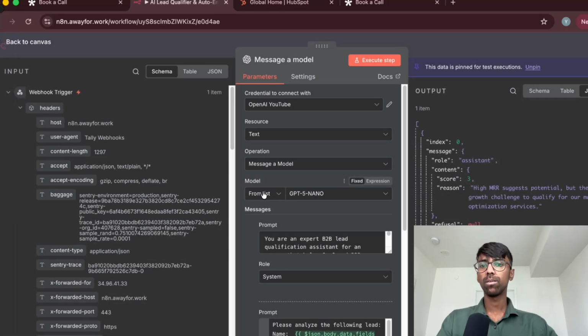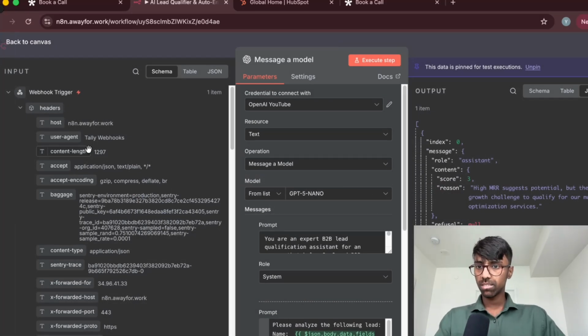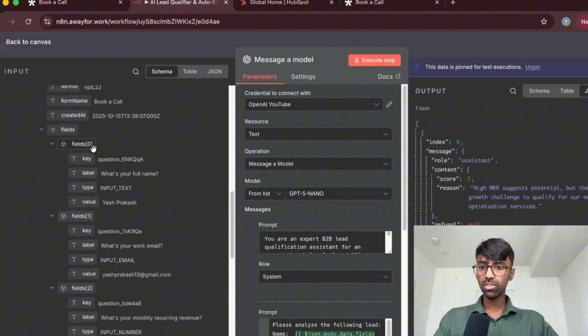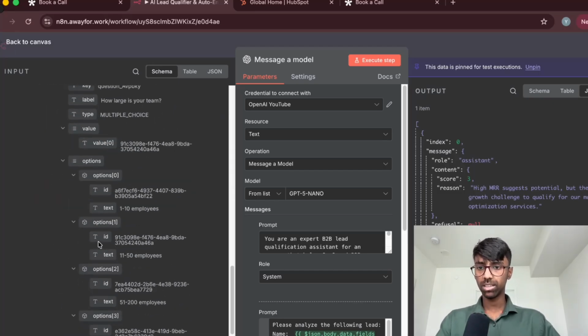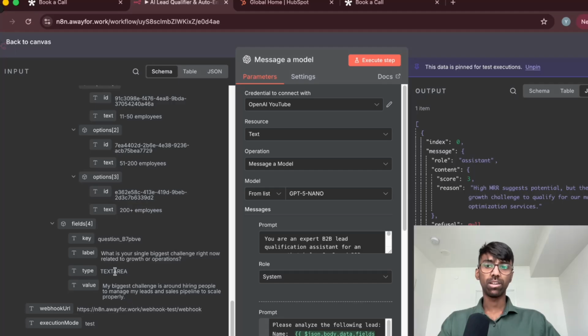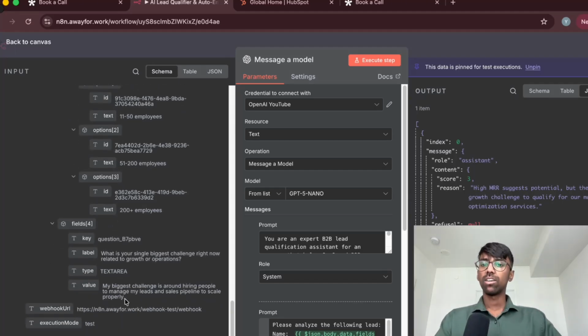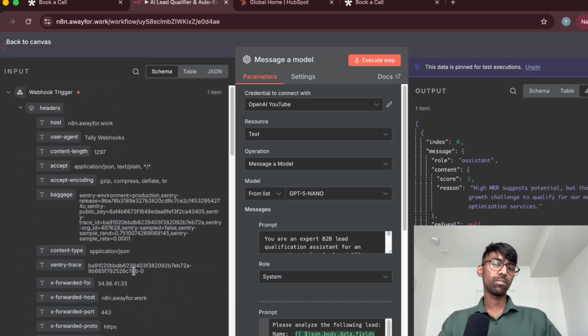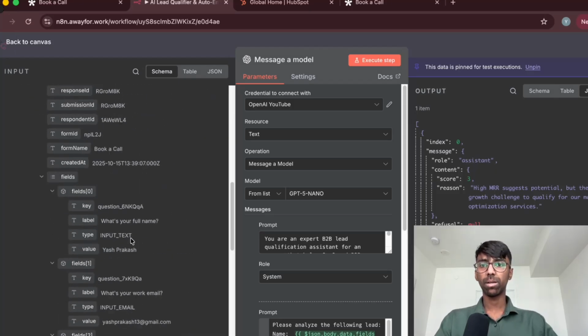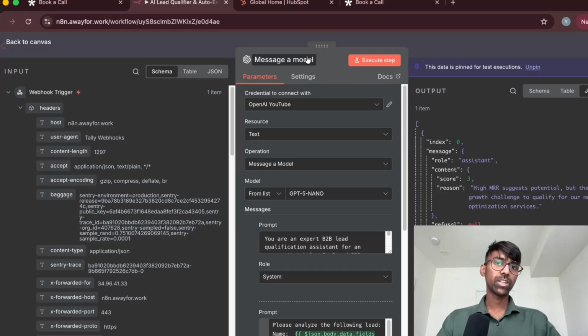So you open this now. So as you can see, the value that we pinned is now accessible here. So you can see this 11 to 50 employees. This is what we selected. This is what we entered in the form. My biggest challenge is around managing my leads and sales pipeline to scale properly. This is what we entered in the biggest challenge question. So whatever fields that you have in your form, every lead will fill it and it will end up here in this pipeline. So what we want to do now is make sure that the OpenAI model that we want